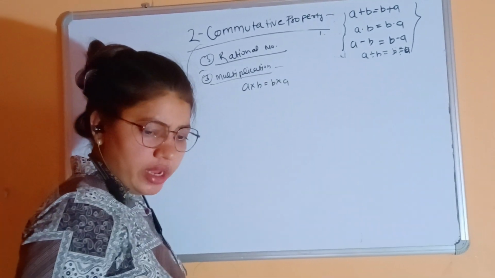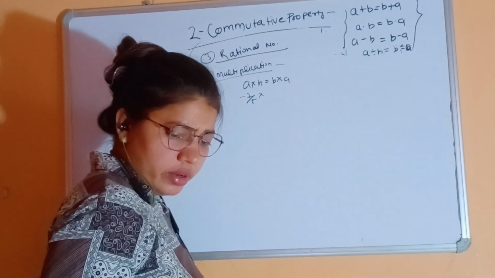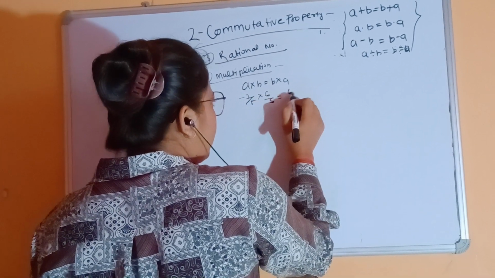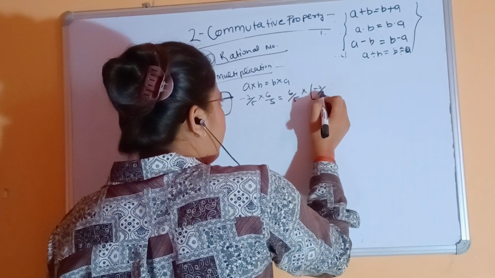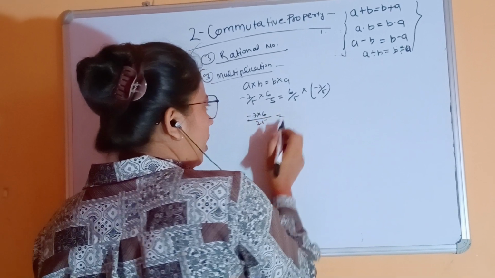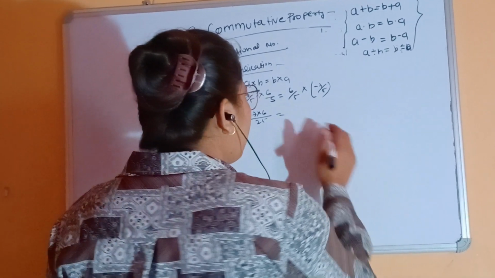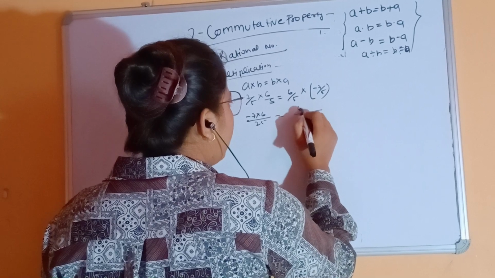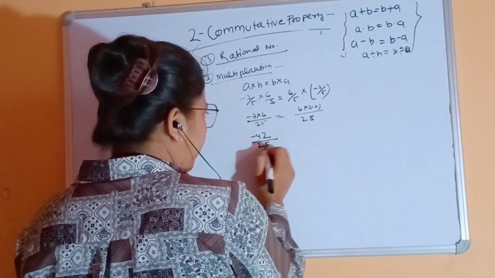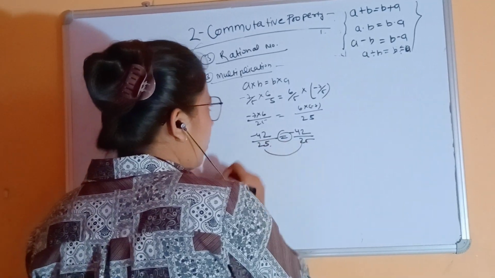Okay, if you take A is equal to minus 7 by 5, and B is 6 by 5, according to your books. Then 6 by 5 into minus 7 by 5. So here minus 7 into 6, and 5 into 5. In the example given, the denominators are the same but we do not need them equal. So here 25, 5 into 5, and here 6 into minus 7. So minus 7 times 6 is minus 42, divided by 25 is equal to minus 42 divided by 25. Here LHS is equal to RHS.